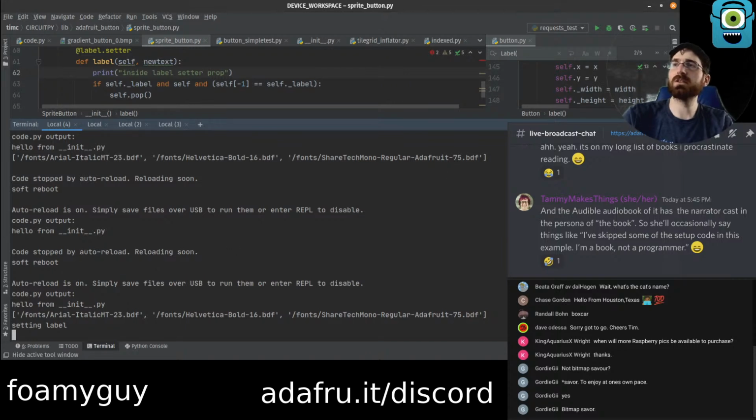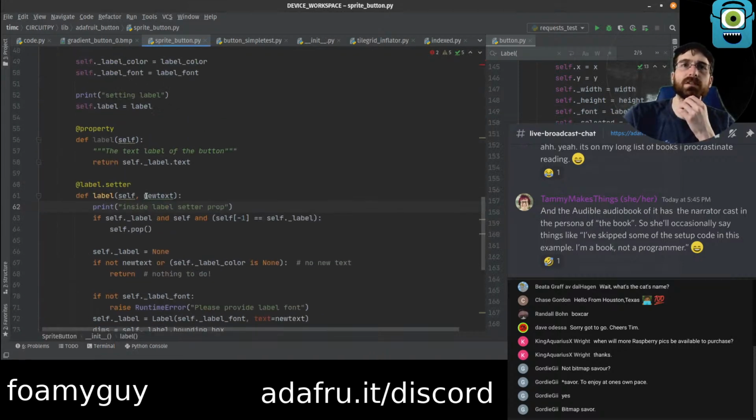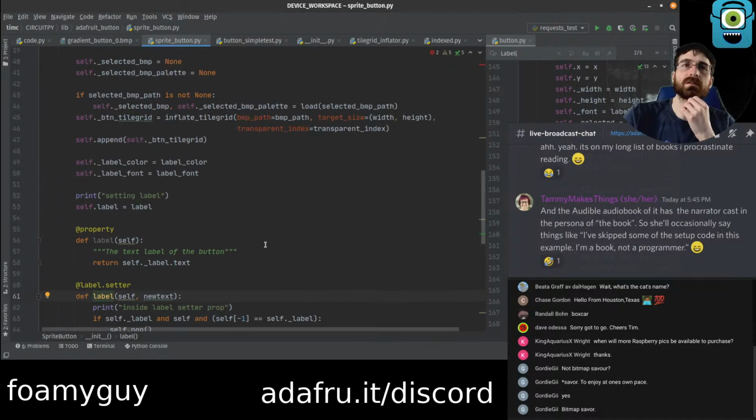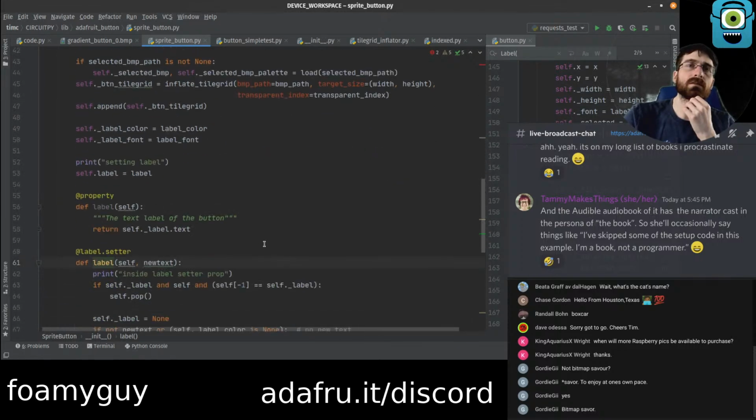Yes and no. The first one does, but the one inside of here does not. Why though? Wouldn't this be calling this setter?